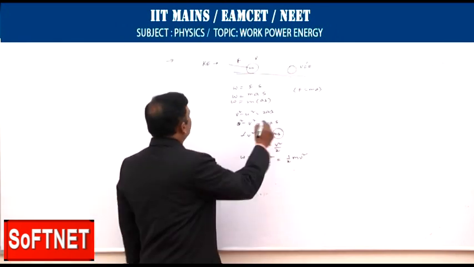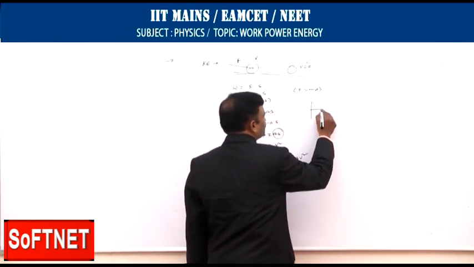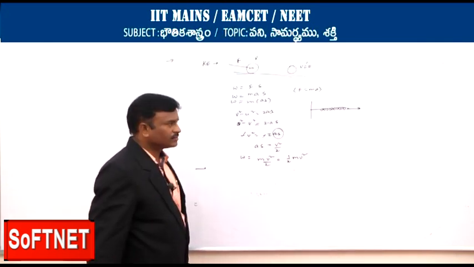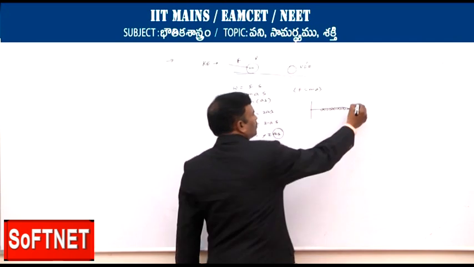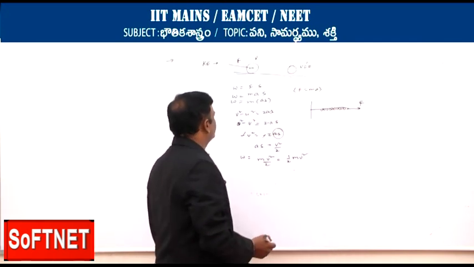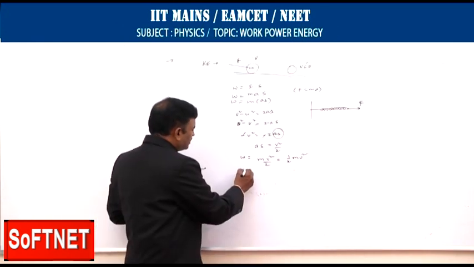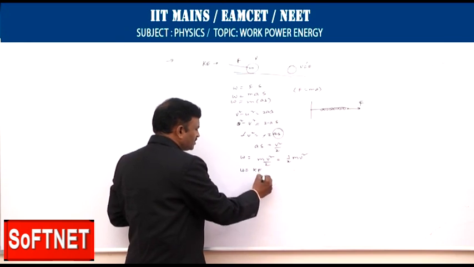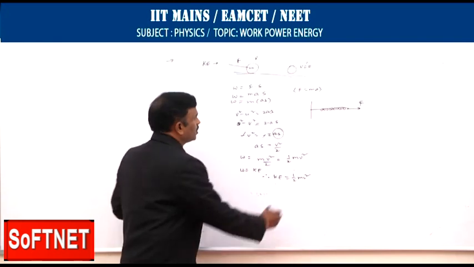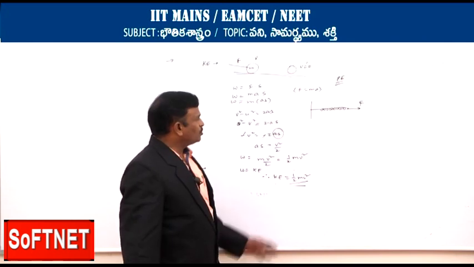Now work done in the other way, let us assume there is a spring. Here we are applying a force. It is a kinetic energy. How much work is done, that is equal to energy, that is kinetic energy. Therefore kinetic energy is equal to half mv square. Now let us go for the potential energy. In the potential energy, the two ways let us see.